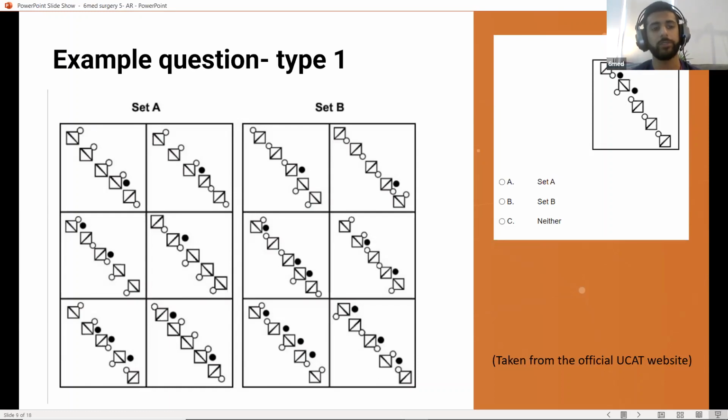So again, the first 3 shapes are the same. We have a black circle and then again it's rotated. So now I think, okay, that looks like that's what's going on. Now I go to set B and see what's going on there. So again, the top left shape, the first 3 shapes are exactly the same. Then we have a black circle, and again it looks like it's rotated, but this time the other way. And then I compare that to another box in set B, and again, it's exactly the same.